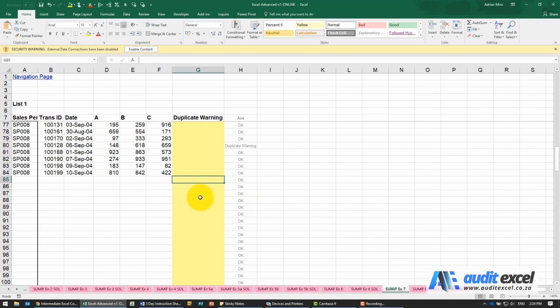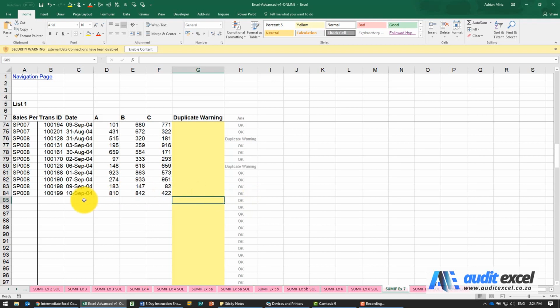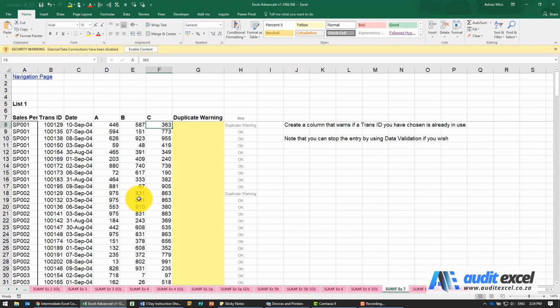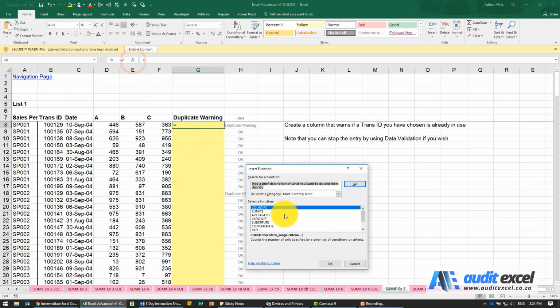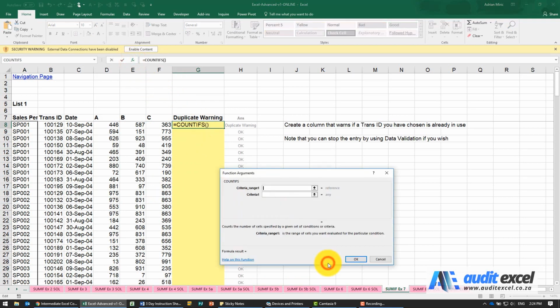The solution to this example: what we want is, if I type a number in, for example 100,198, I need this to tell me that there's a problem. The way we're going to do that is we're going to say, please Excel, look at what that number is and compare it to all the numbers in this column and tell me how many times you see it. So we'll just go to the top so we can see it from here. I'm going to use a COUNTIFs initially just to get the counting. So we'll do a COUNTIFs.